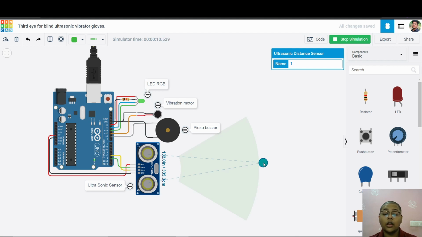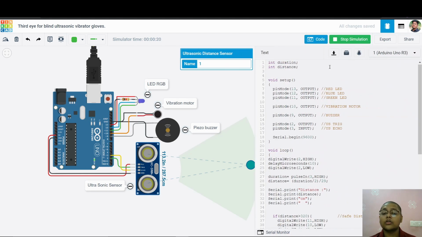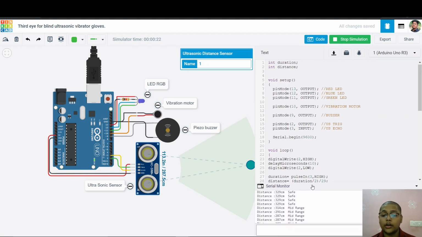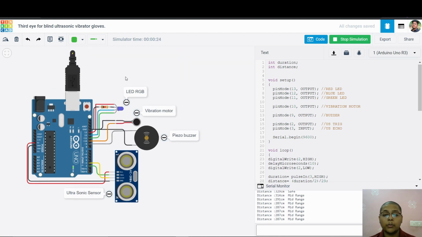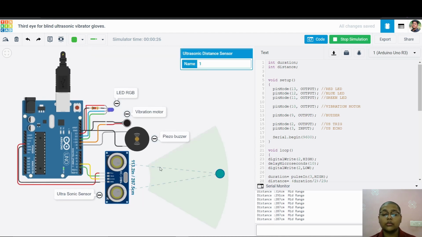But as we take this object closer, to 293 centimeters, the LED changes and the vibration motor starts, and we can also see on the serial monitor that it is saying mid range. Now the distance is 331 centimeters, and it is showing safe.